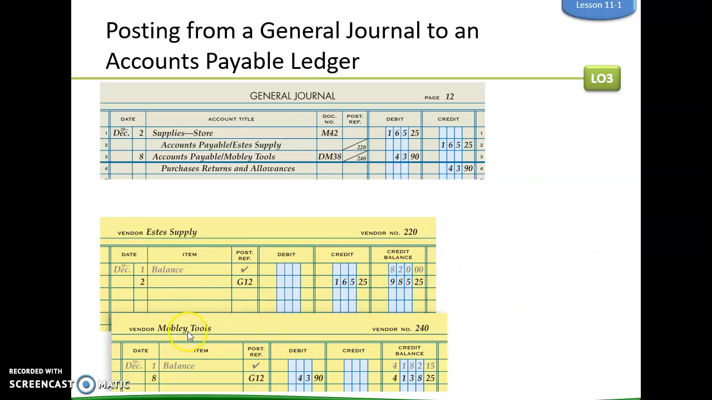So for Mobley Tools, we are going to, up here, debit, because this is for our returns and allowances. So we're going to debit $43.90. So down here you can see debit. So now that's going to reduce the balance in which we owe Mobley Tools. Okay, so you see up here I put $240 then, and